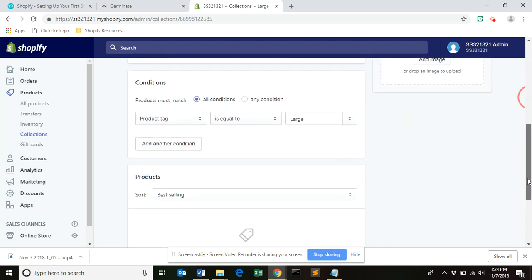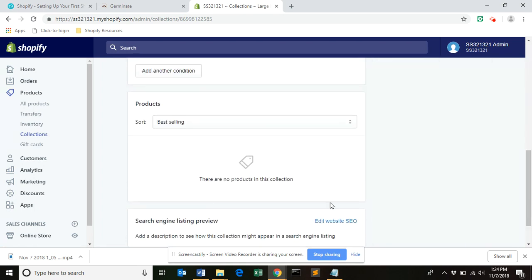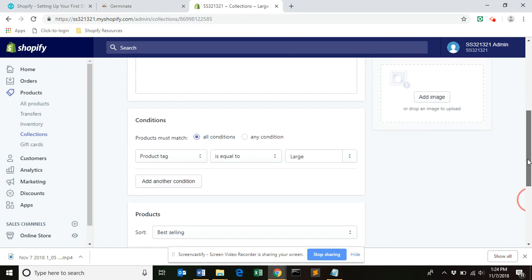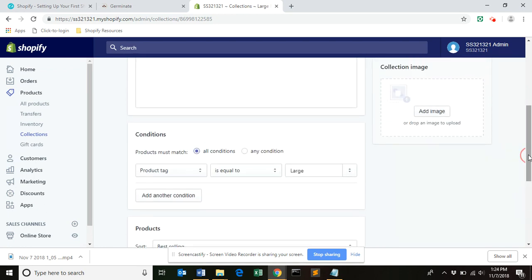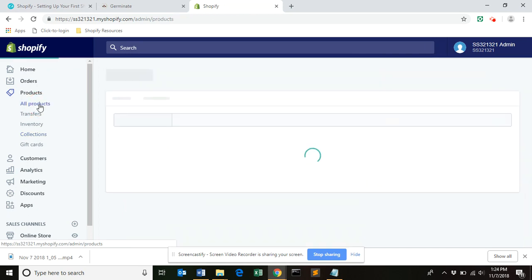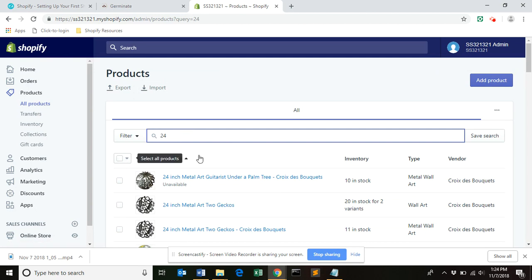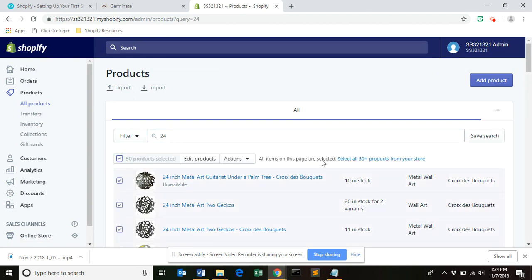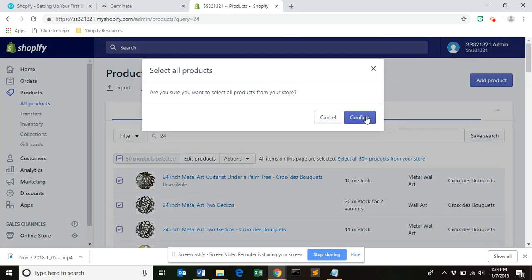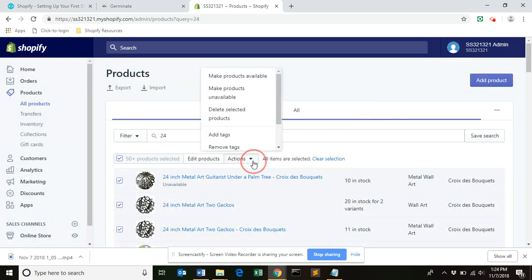Okay, now it is not showing me any products. So this suggests to me that we don't have any products that are marked large. So let's just go back to our products really quickly and do a bulk edit. In my definition for this particular subset of product, anything that is 24 inches is going to be large. So I can select all the 24-inch pieces, not just the 50 on this page, but all of the 24-inch pieces in the store. And I can add the tag